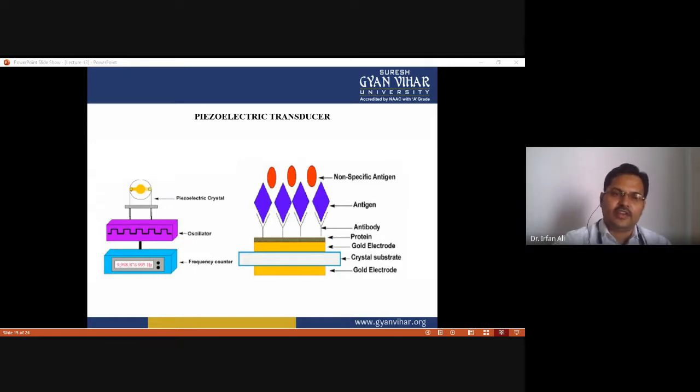And a piezoelectric transducer can be used as a biosensor in a way that a molecular recognition element such as an antibody can be attached to a piezoelectric electrode. If the analyte binds to the antibody, or any bulky molecule that has an affinity toward the analyte which is already bound to the antibody, the change in the mass causes the electrode to experience sufficient pressure so it can produce an electrical field, which in turn changes the resonating frequency of the crystal, which can be noted. So in that way, this piezoelectric transducer works.